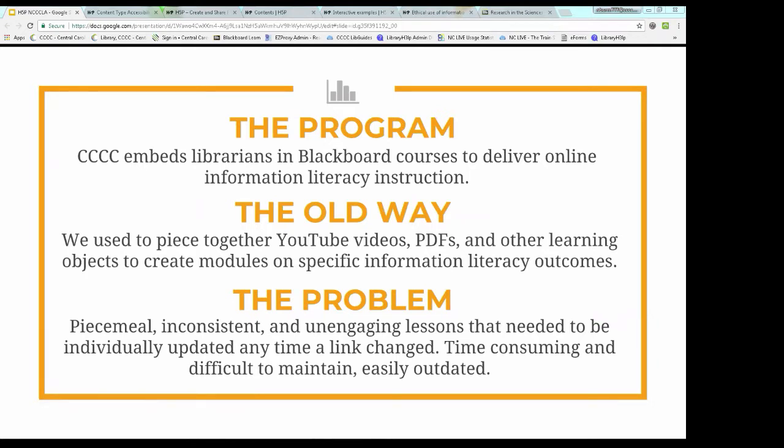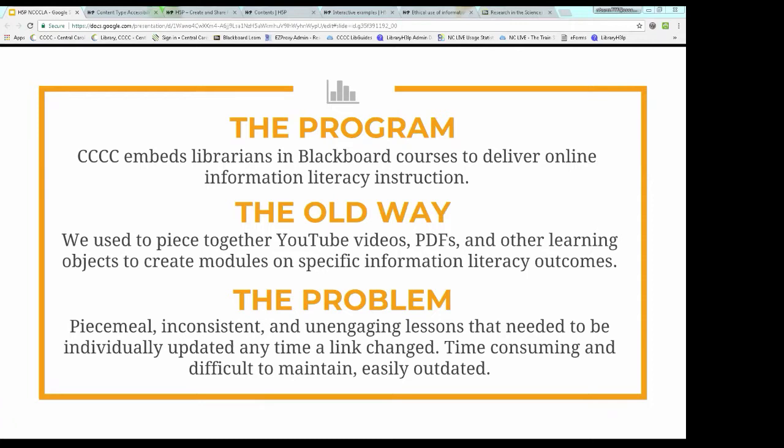We traditionally embed in Blackboard, that's our LMS, and the way we used to do it was we would create these long form kind of pieced together learning modules that were YouTube videos from other institutions, PDFs that we'd created that were finding aids, different learning objects that we may have encountered at some other school so that we could deliver what we needed to our students.